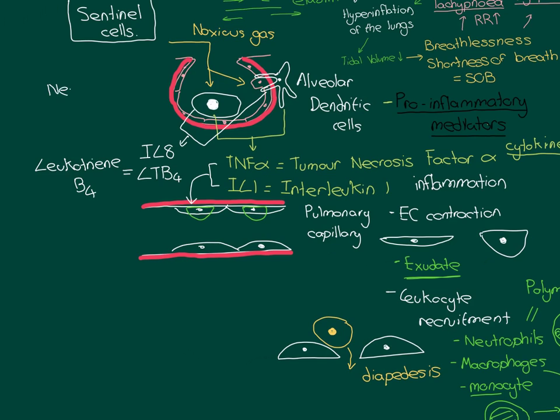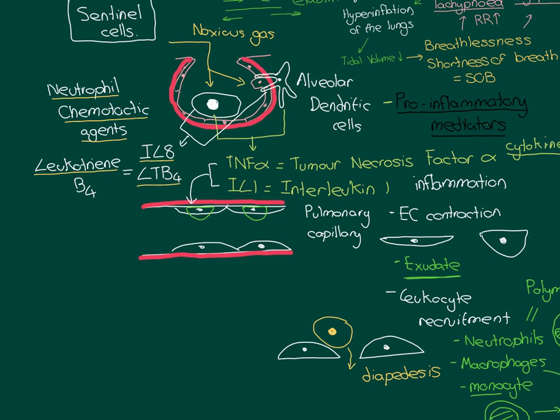So I'll write this here. So they are neutrophil chemotactic agents. Now, chemotactic means that they're going to attract neutrophils. So wherever you have lots of interleukin 8 and leukotriene B4, you end up with lots of neutrophils, and it's not completely understood how they actually work to attract neutrophils, but it is known that they do attract lots of